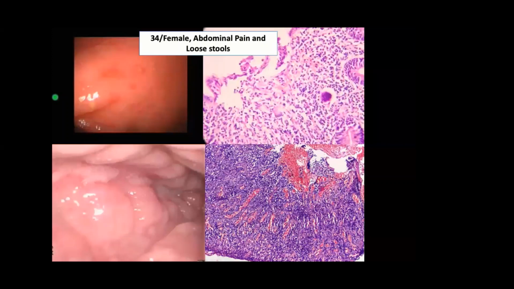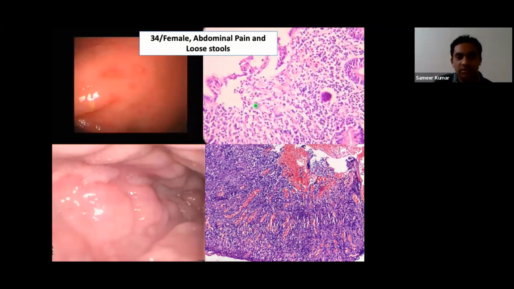What is being highlighted is the top one, a little bit of giant cell formation. You can just almost make it out. A subtle loose granuloma, not those tight compact ones. So don't make this type of mistake.